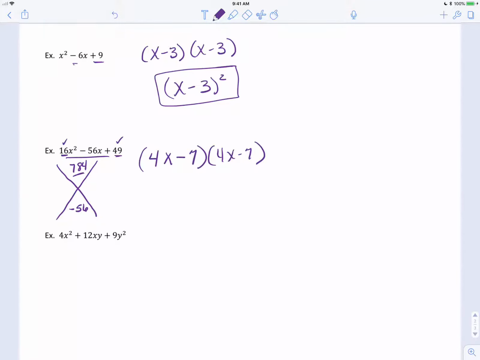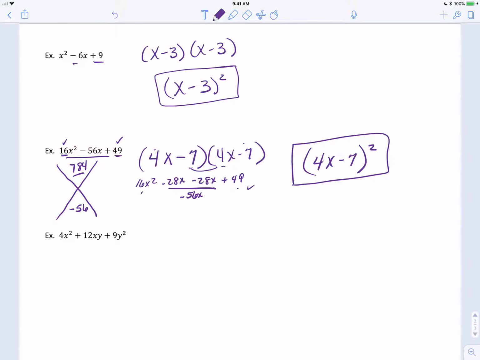4x times 4x is 16x squared. 4x times 7 is your negative 28x, and then we have negative 7 times the 4x, so negative 28x, and then plus 49. So we've come up with the 16 and the 49, but is negative 28 plus a negative 28, negative 56? Yes, it is. So we checked our answer maybe quicker than what we could come up with all those factors. And we're just going to write it correctly as a perfect square,